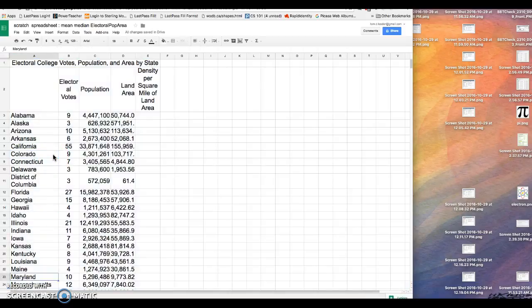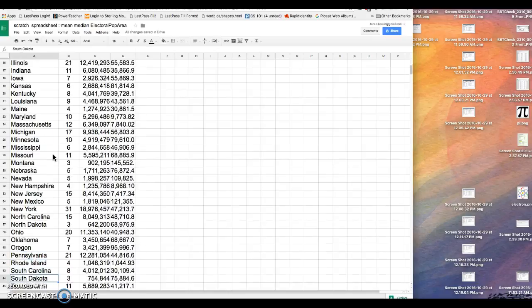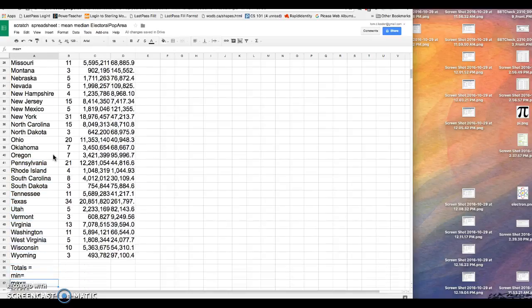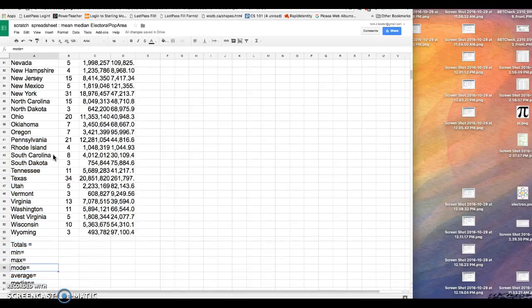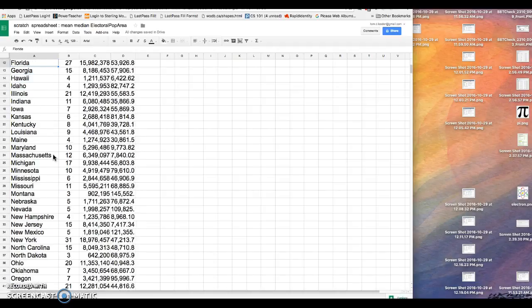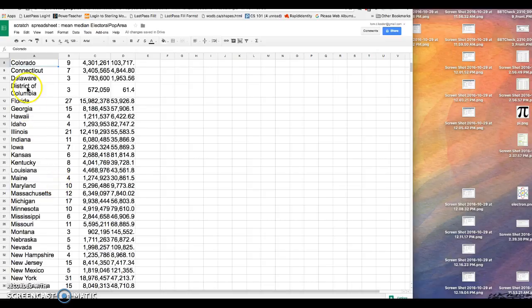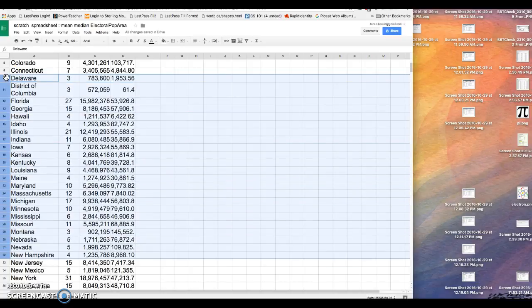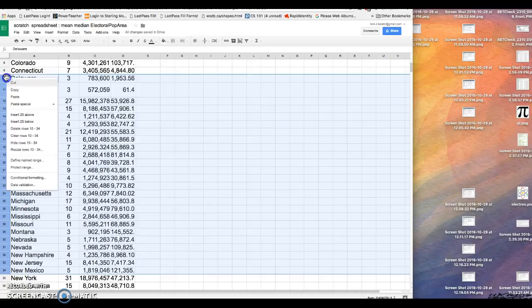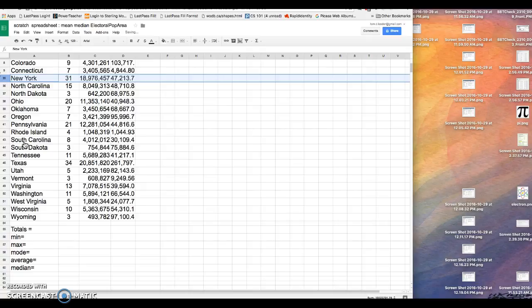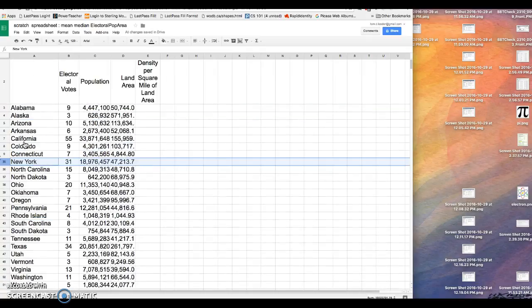Okay, but what we see is that we can't see all 50 states. And so to remedy this, let's actually just hide a lot of the states. So I'm going to start at Delaware, and I highlight that row. I click down to 10, and I use the Shift and the arrow key, and I'm going to go all the way down to New Mexico, and I'm going to click on Hide the Rows. So I'm going to hide these rows. Okay. So I hid these rows,